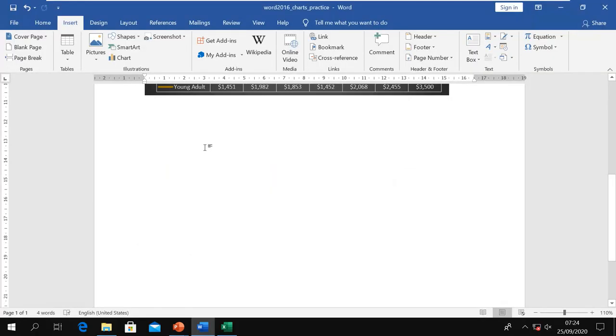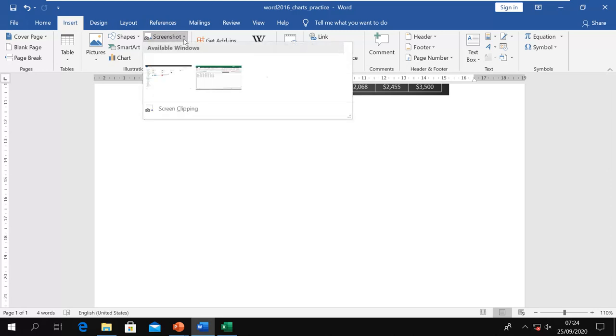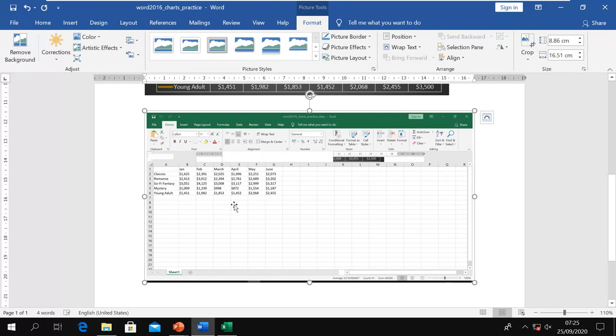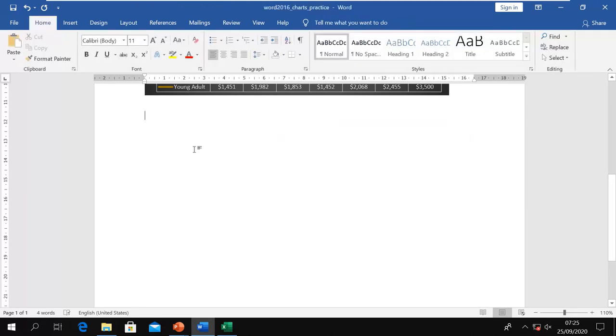So I want to add a screenshot, so I place my insertion point here. I go to Insert and then I press this Screenshot. Now as you see here, the currently opened windows are shown. So if I select the one I want, then I can directly add that window into my document. Now if I select this Excel file here, it is added as a window here. Remember, it is only adding the window, it is not showing the taskbar. But I don't want that.